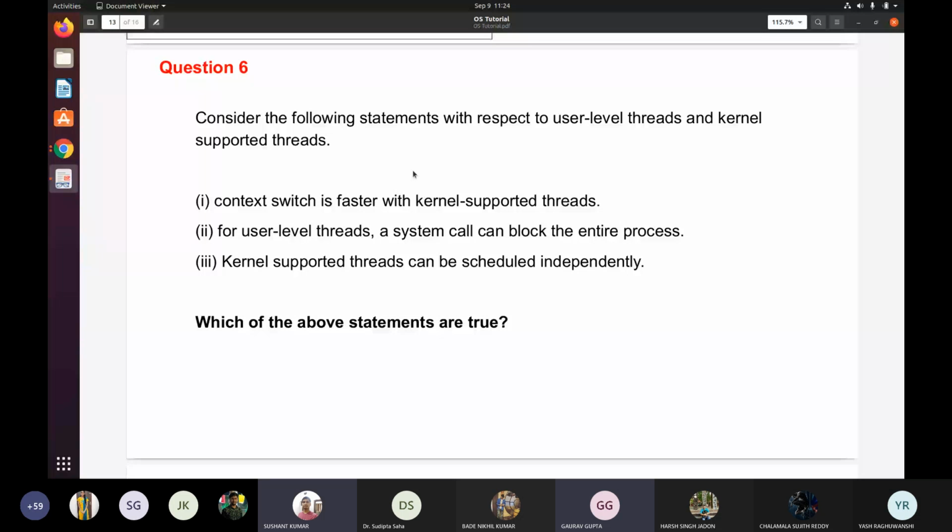The second one, is it like there are many processes and many user level threads, and if one user level thread requests a system call, other threads requesting the same system call get blocked? It means suppose three processes are running and our CPU has only one processor, so it needs to schedule equal time slots to each process, or some other priority based call, but say it is giving equal time to each process. Now suppose in process 1 there are 100 threads.